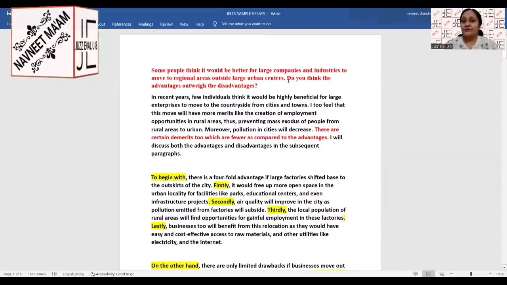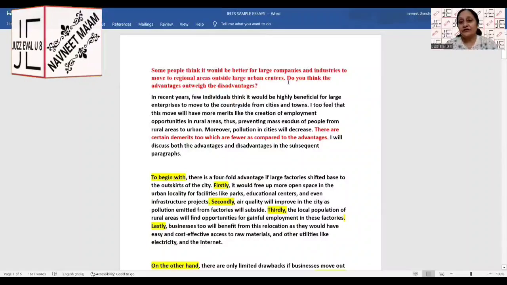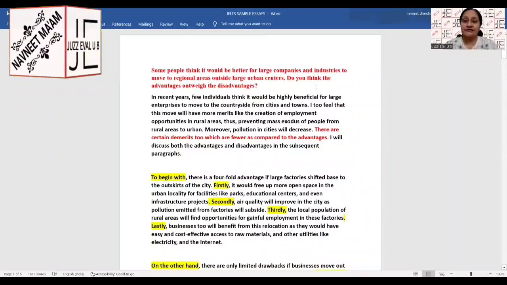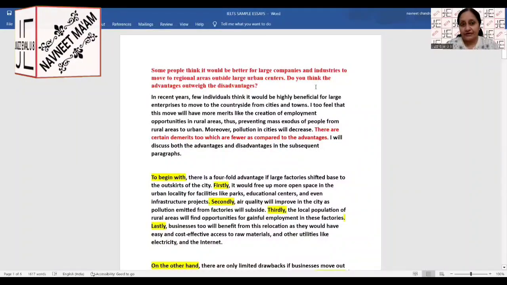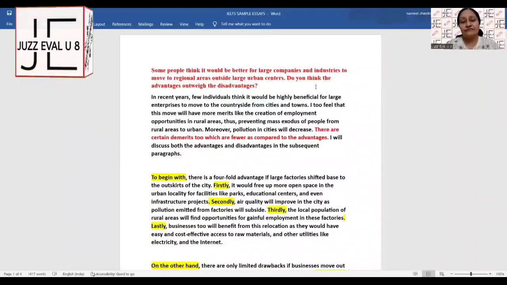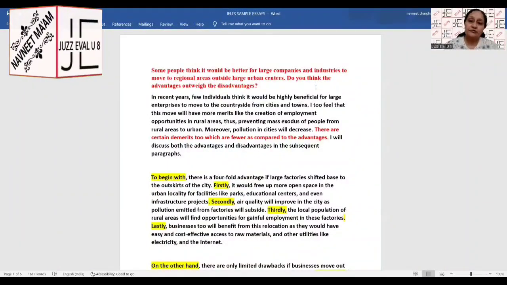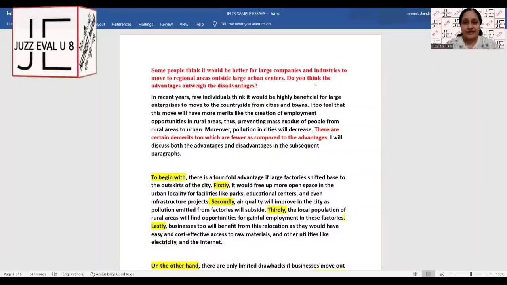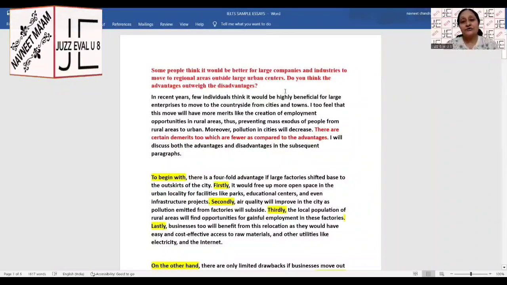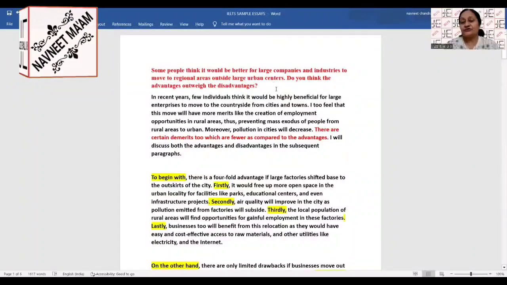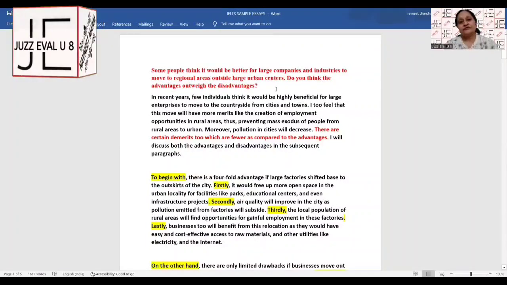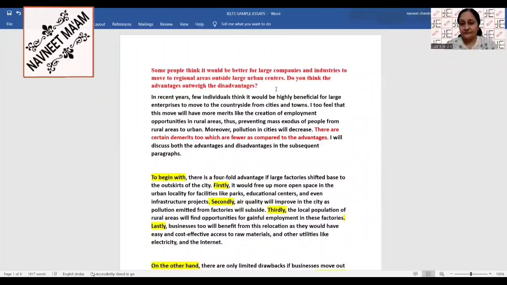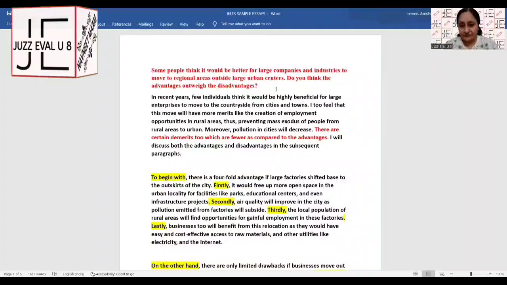And also, when the examiner is asking you, do you think, it means he's asking you your opinion. So here you have to give your opinion. So it is an opinion-based essay as well. Now, how should you go about it? Read the question twice, thrice, till you understand what the examiner demands from you, and only then begin to write.